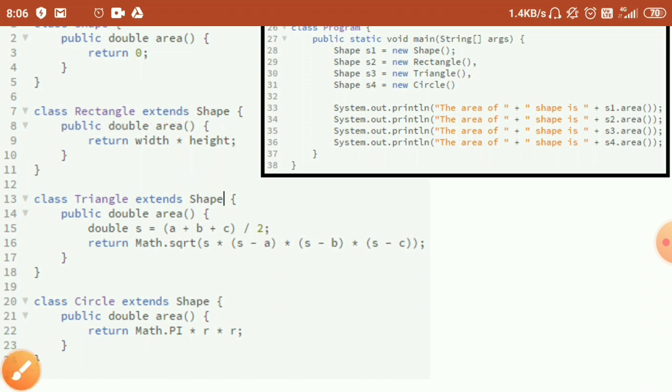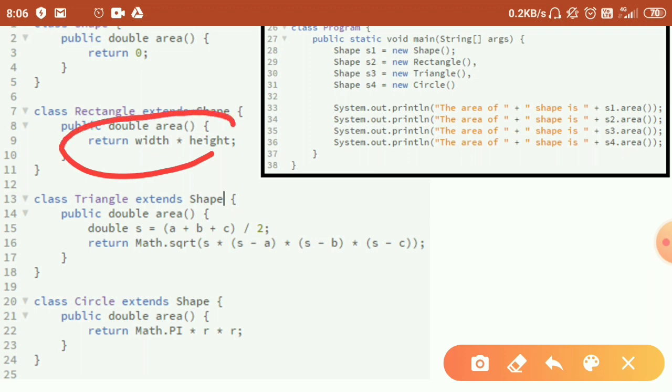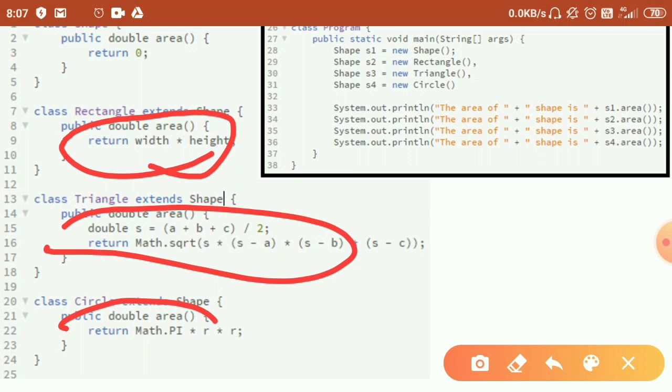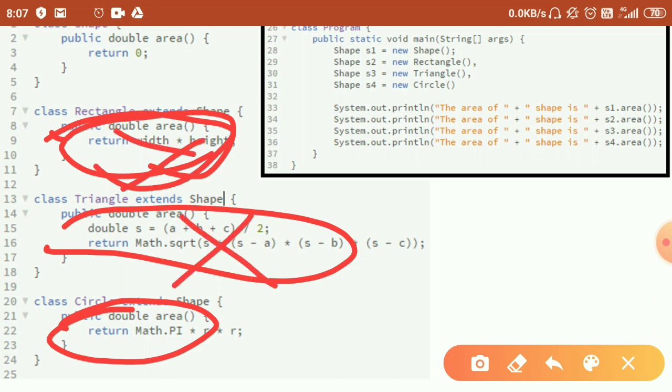So it was not necessary for me to define the area function again. If I did not write this function in any of the derived classes, there would have been no area function there. What would have happened? You can guess it.